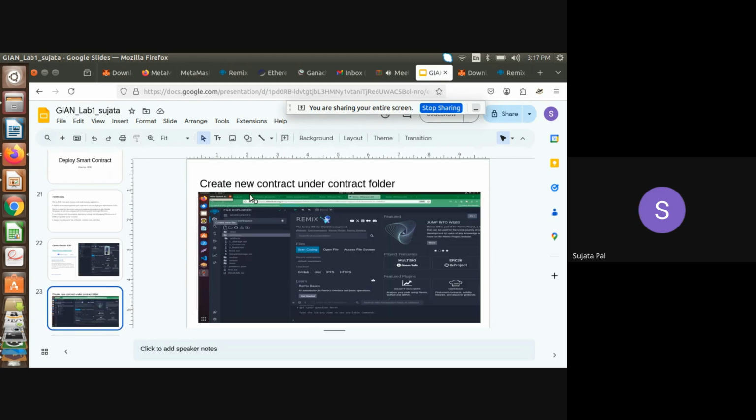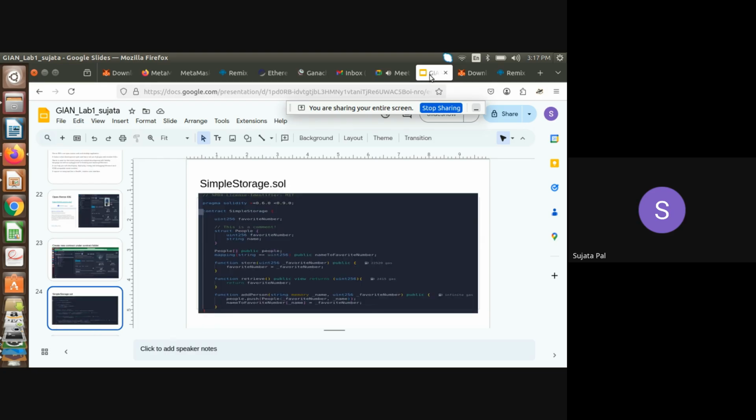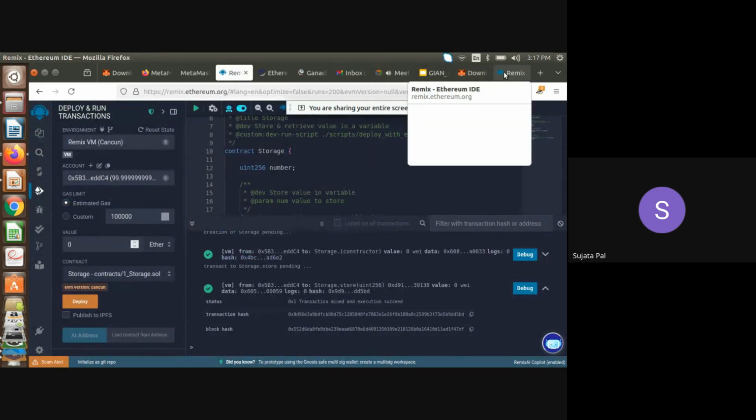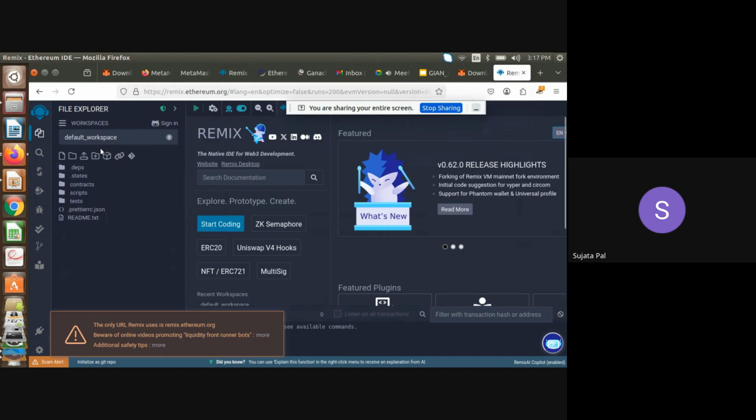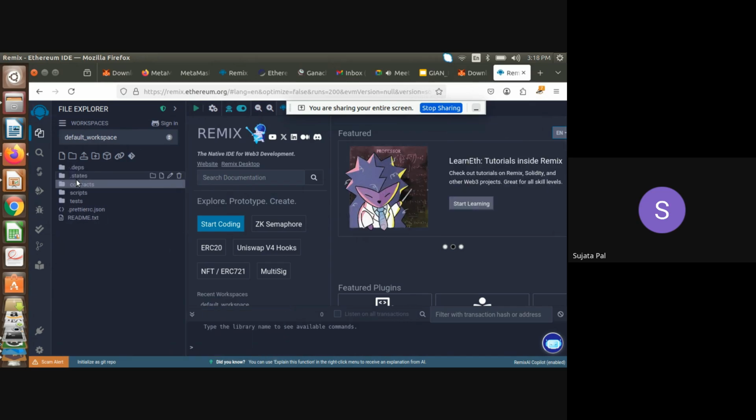Then next is create a new contract under the contract folder. So you have to create one contract folder. Yes or no? So here I have created one contract folder.